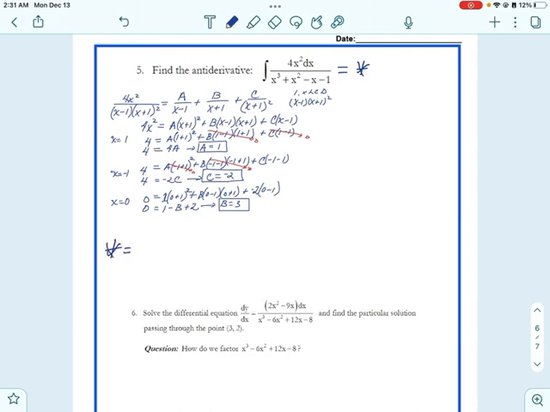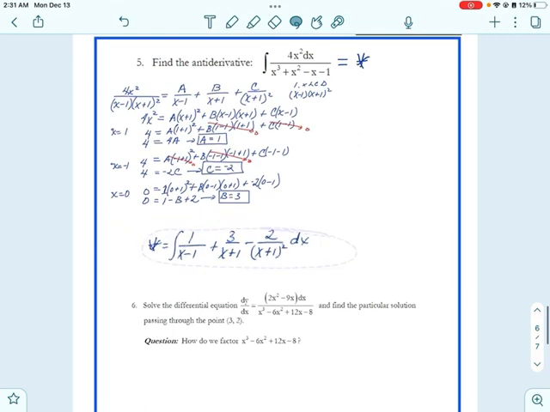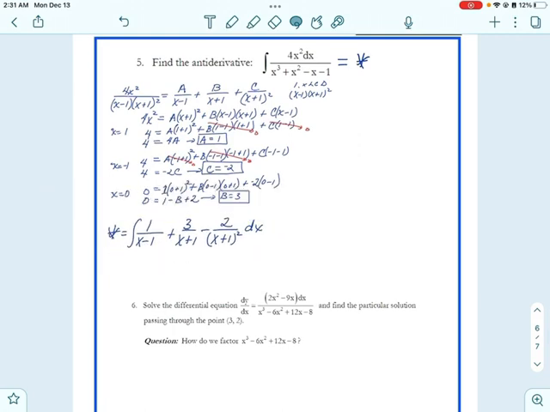So here we go. The integral of 1 over x minus 1, and then plus 3, b is 3, over x plus 1, and then plus c, which is negative 2, so we'll make that a minus 2 over x plus 1, the quantity squared, dx. So when we integrate that, then